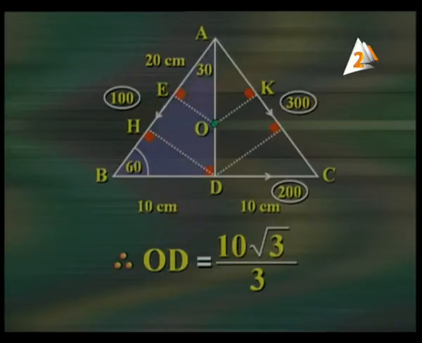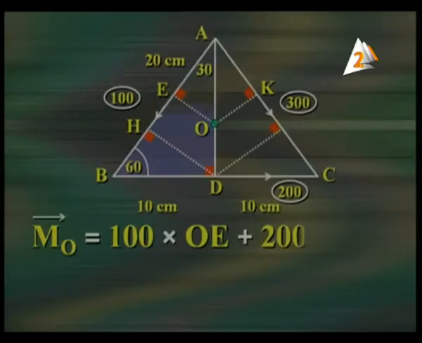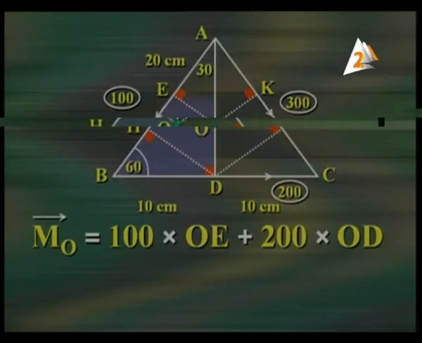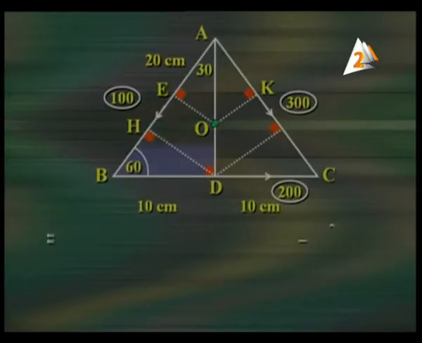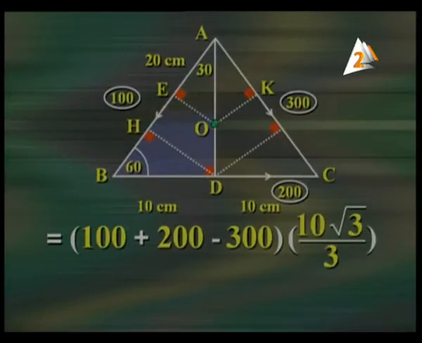Now, taking the moment about the point O, we say 100 times OE plus 200 times OD minus 300 times OK. So it's equal to 100 plus 200 minus 300, all of them times 10 root 3 over 3, which equals